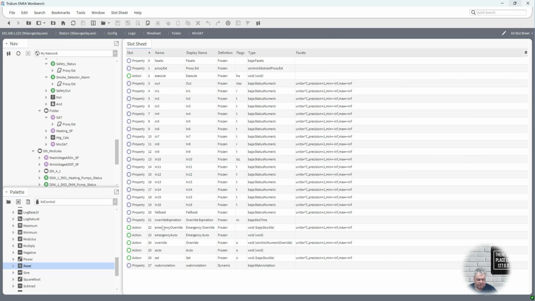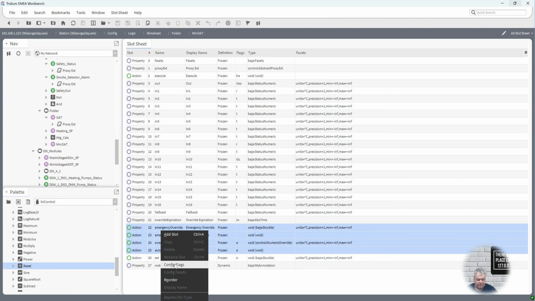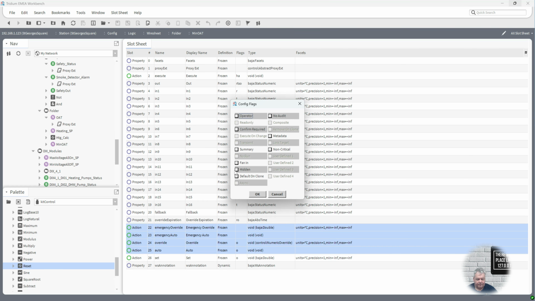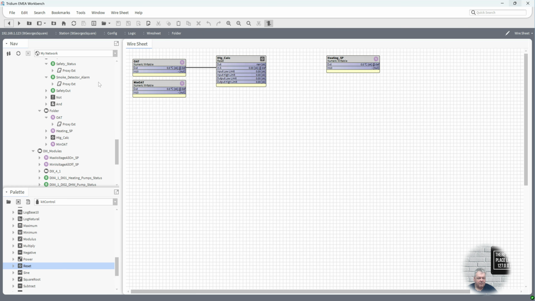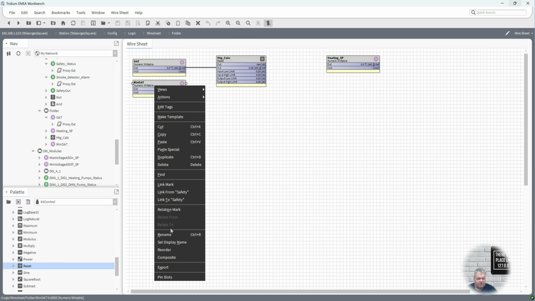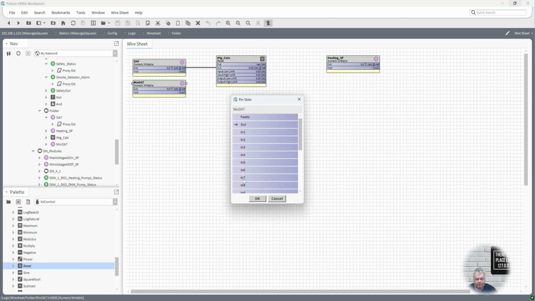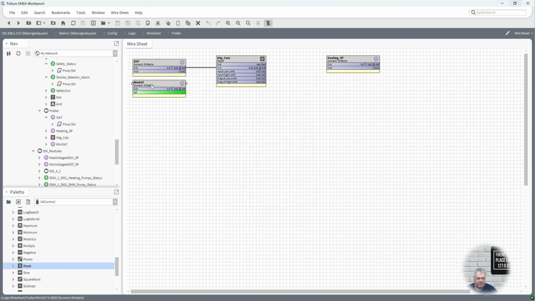Let's take out all these, so we'll hide them. Config flags, hide them, and we'll take out in 10 because it's a set point, and put that there, and because it's a set point, rename underscore SP,